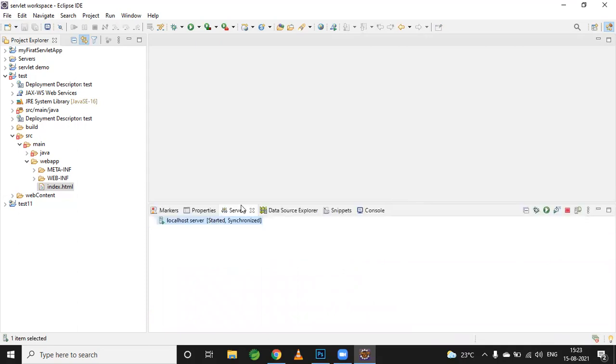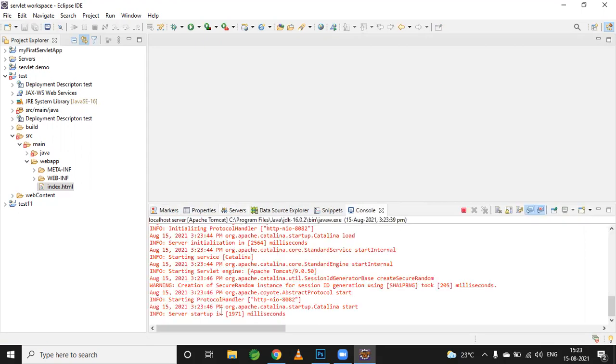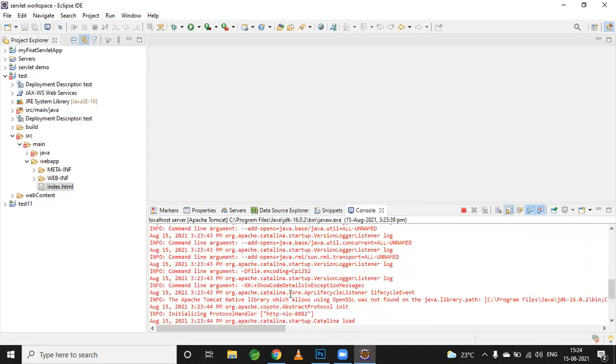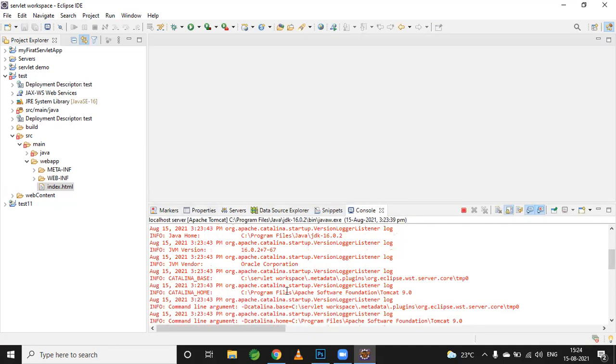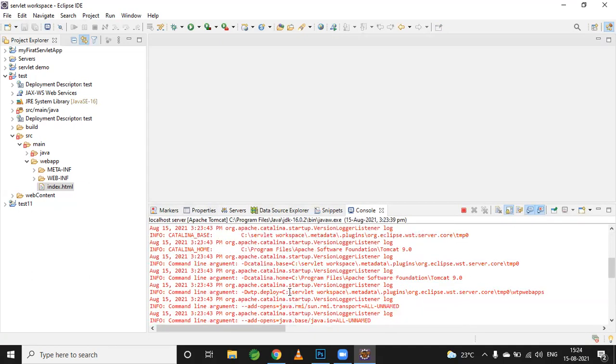Now you can see here the Tomcat server is started, and on the console we have got the server startup message. It shows the time taken to start the server, and some port details, like on which port we have started this server, and some other logs, which we do not need to worry about right now.